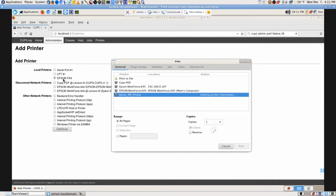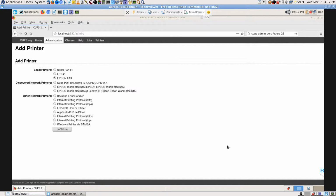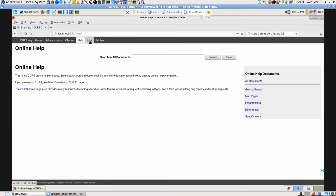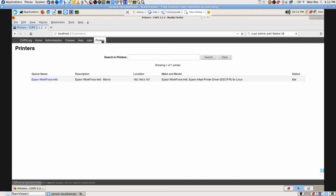See, it installed and there it is right there showing up. That's not doing anything. It's hanging up or taking too long. Okay, so that's nothing to do with the scanner. My printer ain't broke, so I ain't going to fix it. Just look through here since I'm in here. Printers. Yeah, there's the printer. Let's go back